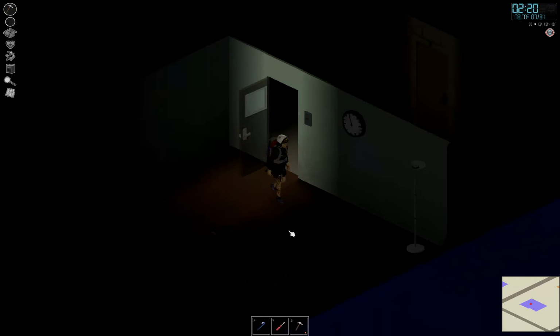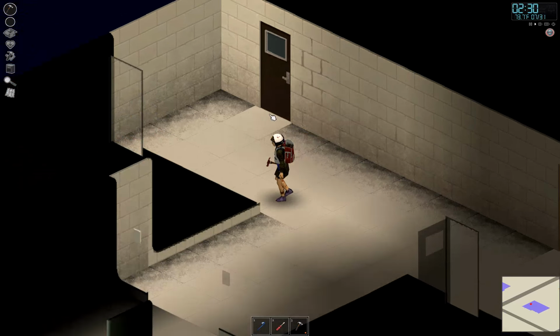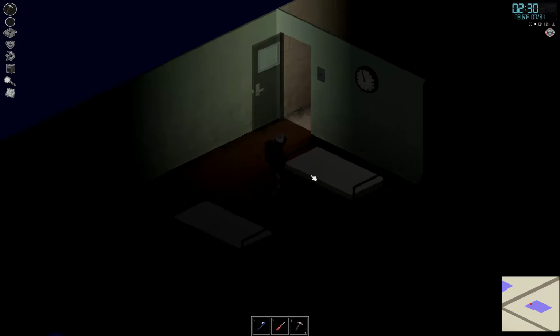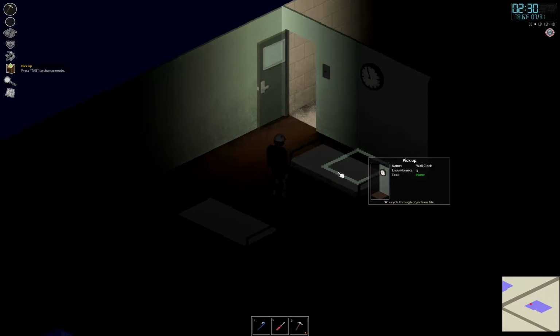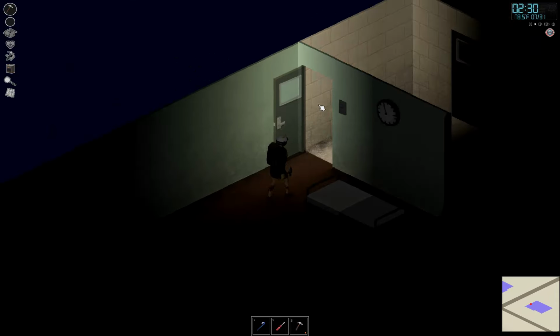One thing I haven't done in this video: did I destroy all my beds? What was I doing? No, I kept a bed. One thing I often do is pick up the bed. You hit here. I'm not going to do it because I want to keep my beds here, but eventually I will do this. You pick up the bed, you highlight it, hit the pickup,